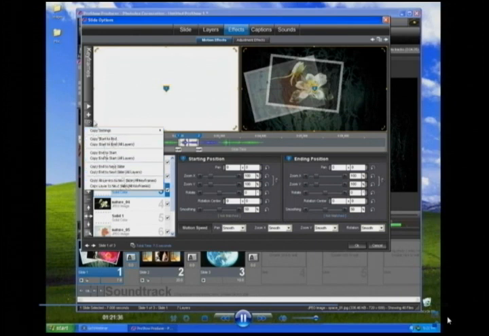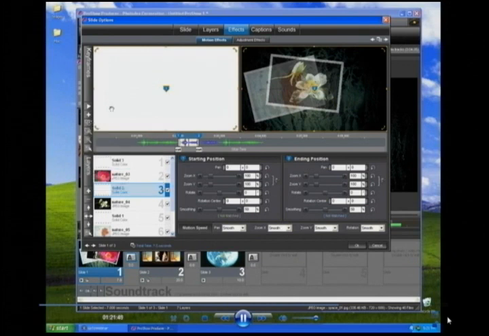So under this copy setting, you may just want to, after this class, play around with these different options, because basically we were just using the copy start to end. You can also copy end to start. You can also copy end to next slide. So there's a lot of little features in the software that'll definitely help you save time by making duplicates of